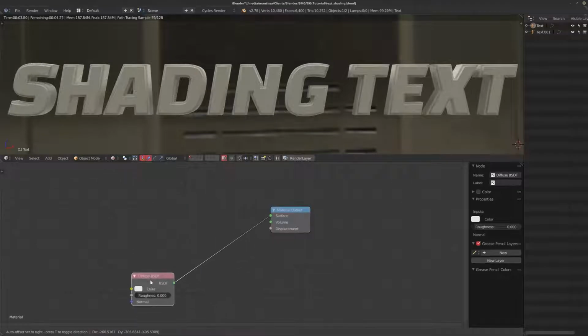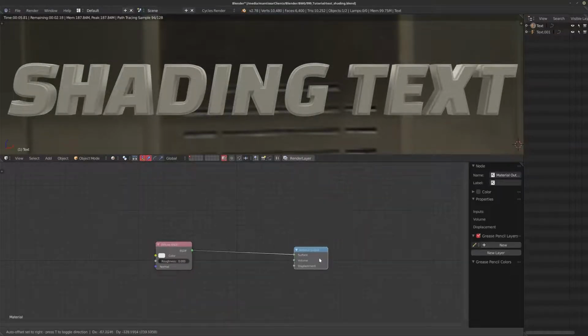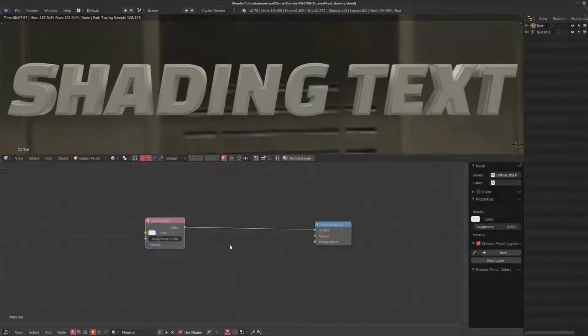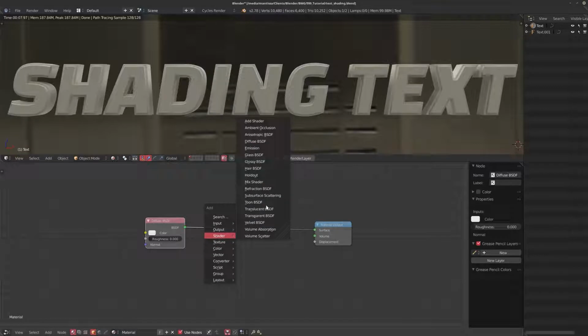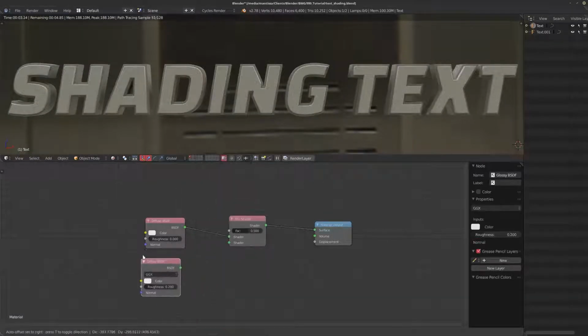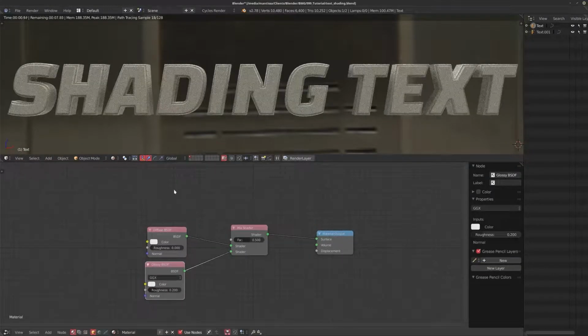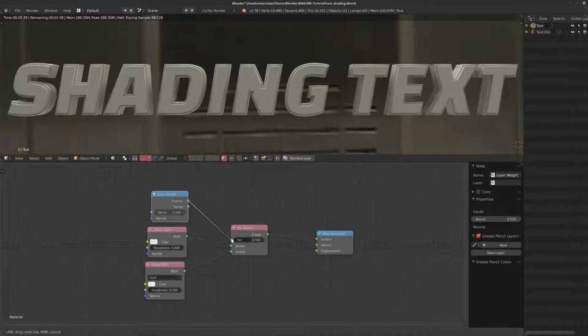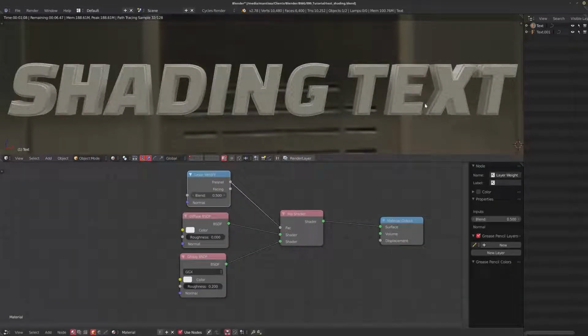So generally, this type of text, as you've seen it in the video, is going to be very metal looking. It's something that's used quite often in superhero movies and other movies. So it's quite easy to create very quickly. Now, first thing I'm going to do is add in a mix shader and add in a glossy shader, so that way we can get really nice glossy looking text, and add in a layer weight with the Fresnel slot to control the amount of reflections to make them look a little bit more realistic.